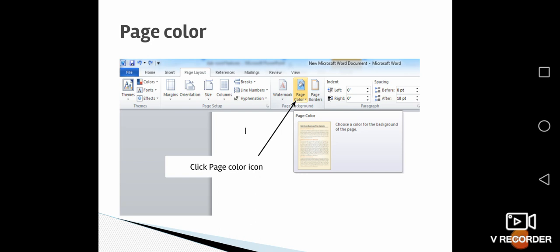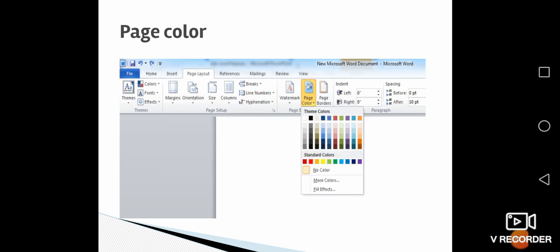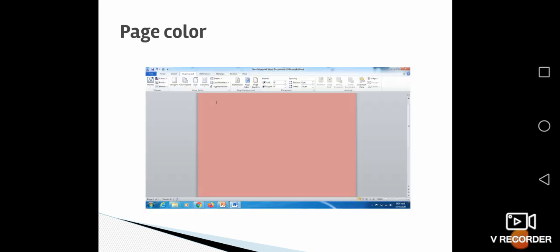That means multiple color pages can also appear in a single document. First you have to go to page layout, then choose the page color option. Then a color palette will appear. You can just click on that color. I've chosen a peach pink color. So this is the color of the document.